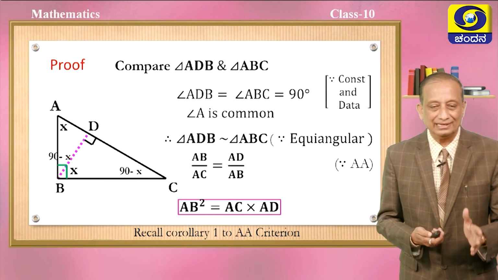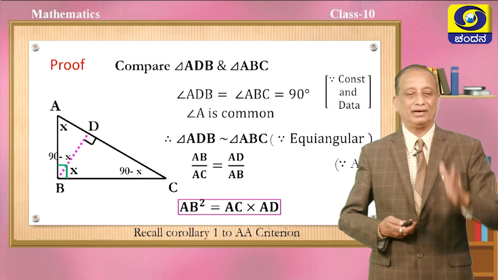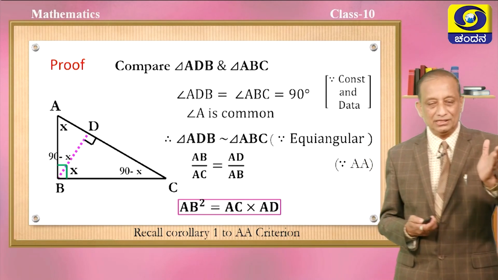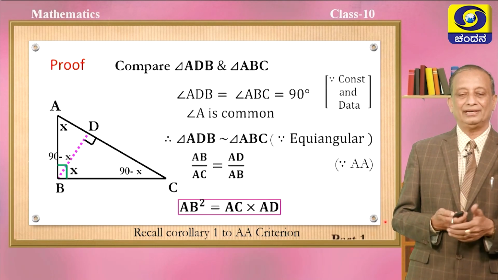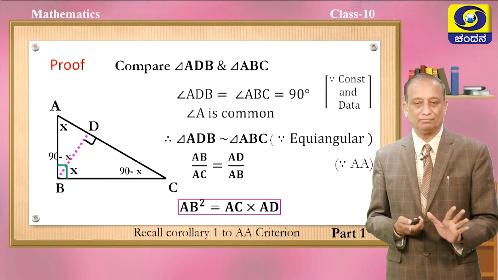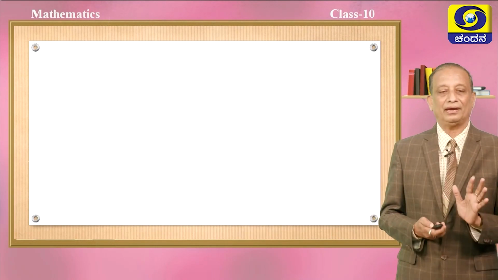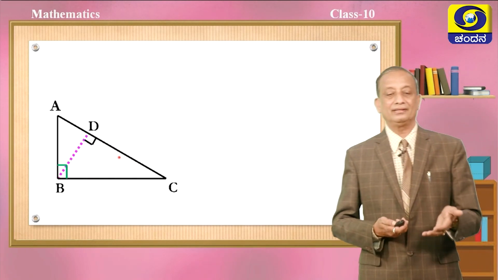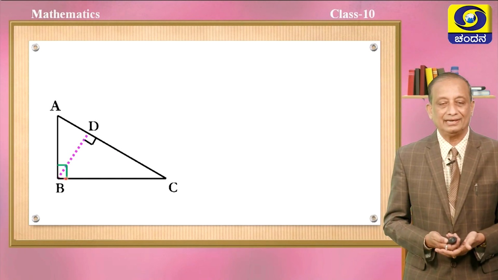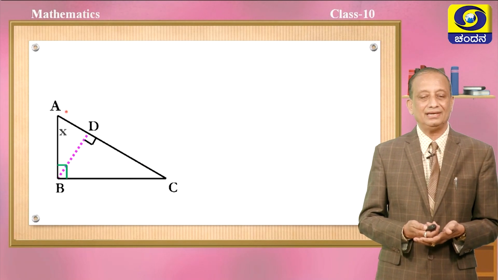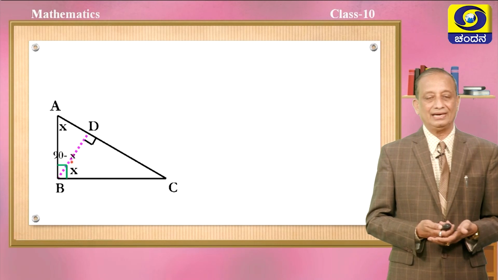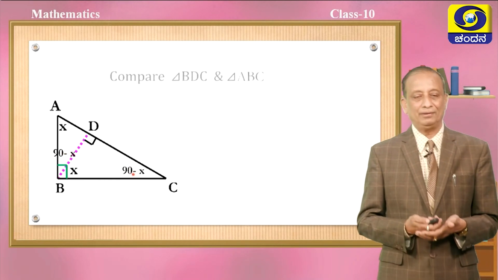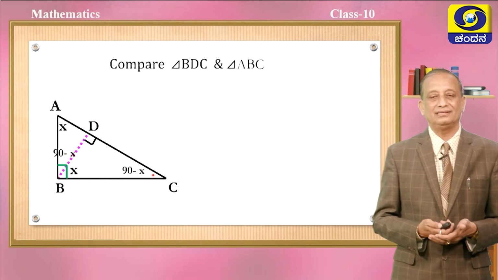So, we have calculated the area of the square on the side AB, which is equal to the hypotenuse AC into that segment AD. So, let us call this part number 1 in the proof. Okay. Now, let us go to the other triangle, children, that is right angle triangle BDC. Look at the right angle triangle BDC, the angles, and then compare with the angles of the right triangle ABC,